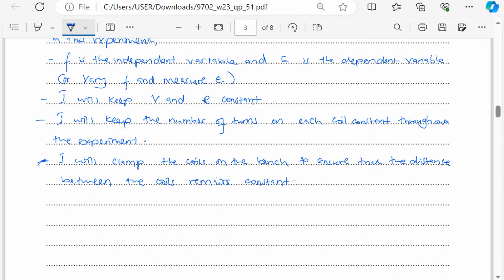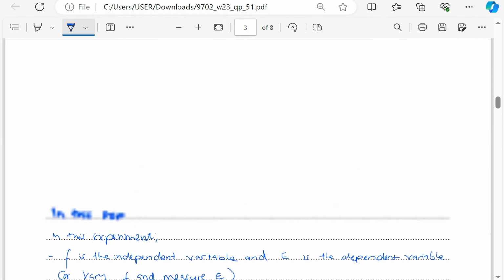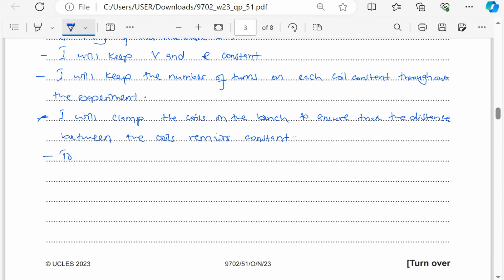What else is very important here? Of course, I must remember I need the induced EMF to be large enough and measurable. So it means I'll place the coils closer, and also make sure V is large enough, and also make R as small as possible. Because from the equation that we are using, a large value of V will make E big, and a large value of R would make E small. So to make E as large as possible,